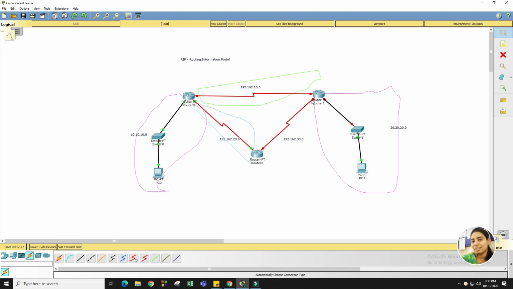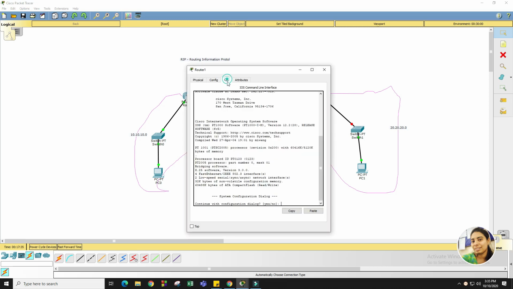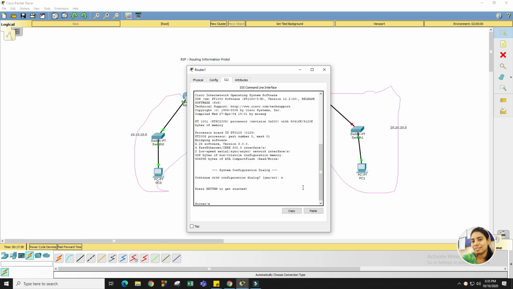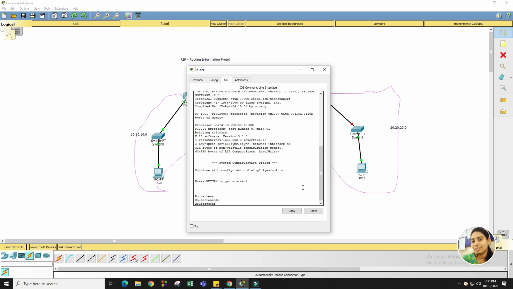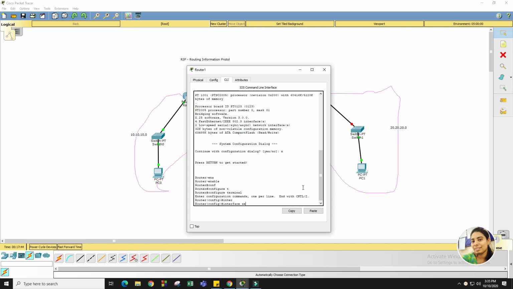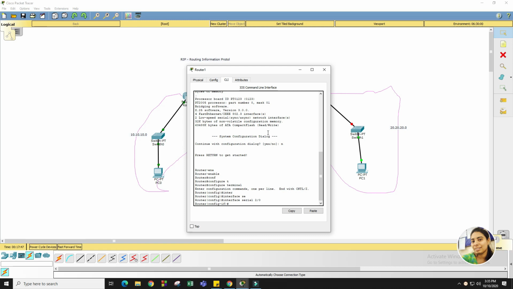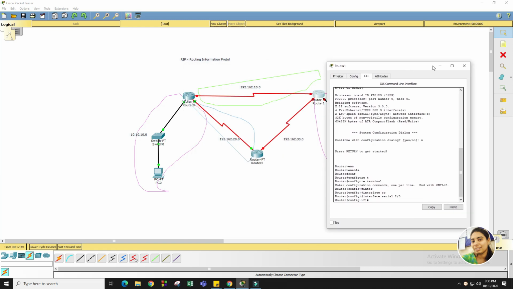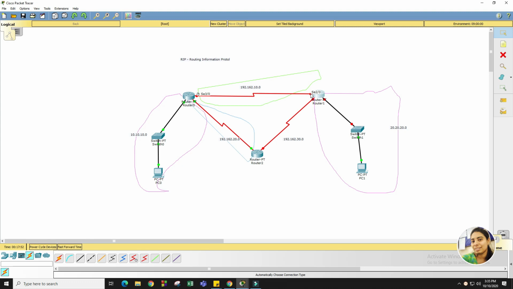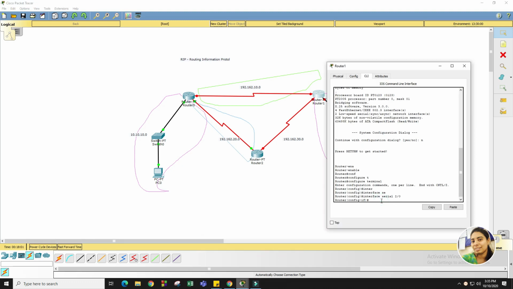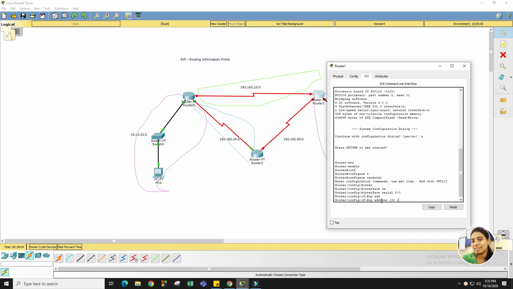So you can see that this is using serial 3/0, right? And this is with the help of 2/0, right? So we'll configure, first of all, enter into the enable mode, then configure terminal, then interface mode in serial 2/0. In 2/0, it is connected with this particular network. So we'll provide 192.162.10.2, right? So over here we will write IP address 192.162.10.2